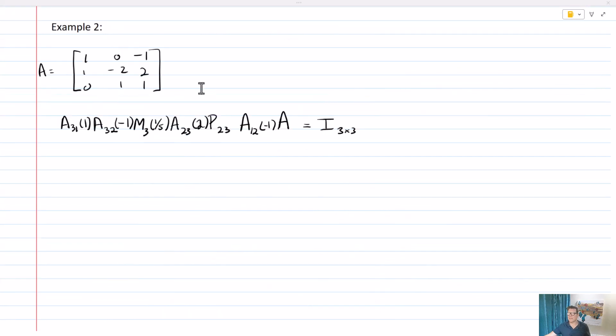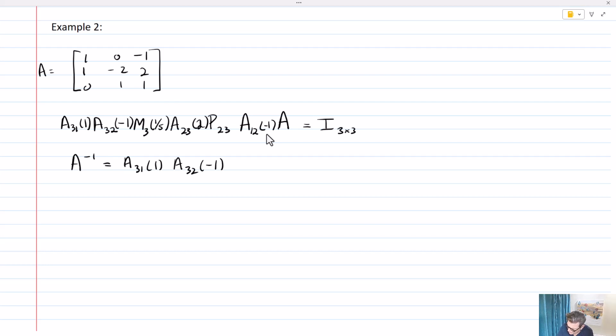So we have A equals [1, 0, -1; 1, -2, 1; 0, 1, 1]. And when we went in and did elementary row operations and changed those into elementary matrices, we got A31(1) times A32(-1) times M3(1/5) times A23(2) times P23 times A12(-1) times A, and that'll equal I 3 by 3. We ended up having the identity. So A inverse, again, because multiplying on the left-hand side of A by all of these matrices gives you I 3 by 3, is thus going to equal A31(1), A32(-1), M3(1/5),